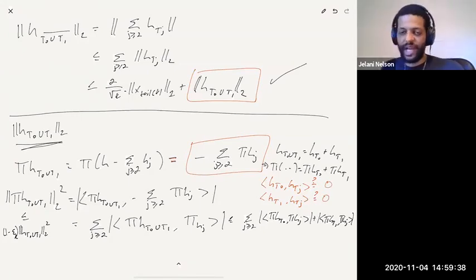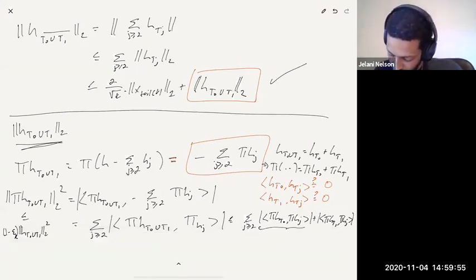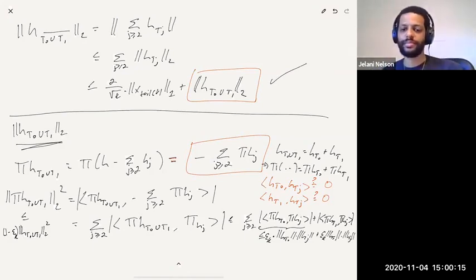If you have a JL matrix or a matrix that preserves L2 norms, it also preserves dot products. Okay? So the original dot product is 0. So the new dot product is also 0, plus or minus some error term. And that error term is going to be at most epsilon k, what epsilon you're RIP for, times the norm of ht0 times the norm of hj. And then here you have plus epsilon k, the norm of ht1 times the norm of hj. Okay. So this altogether is at most